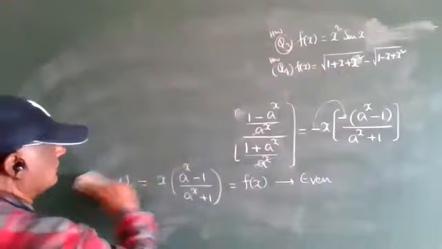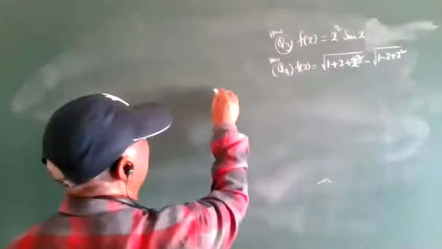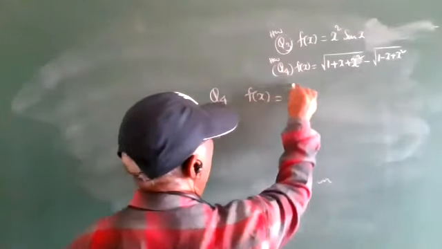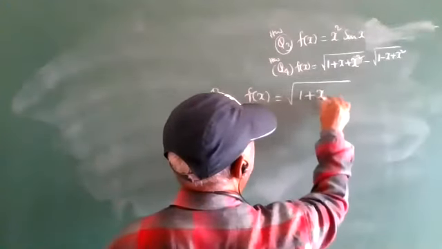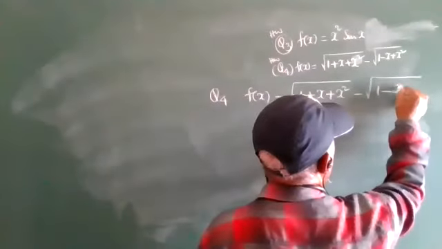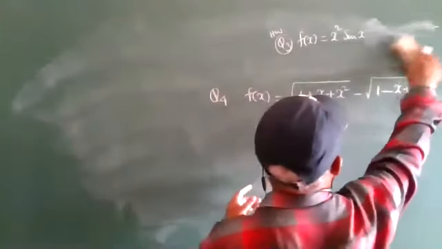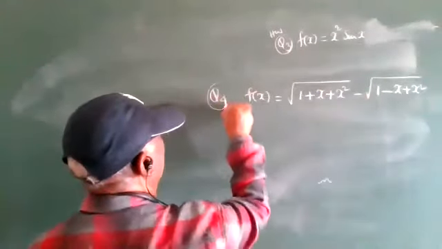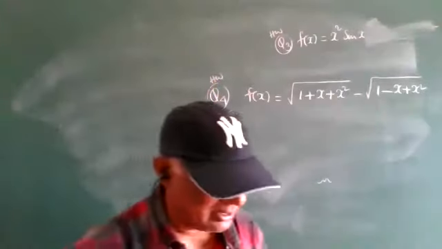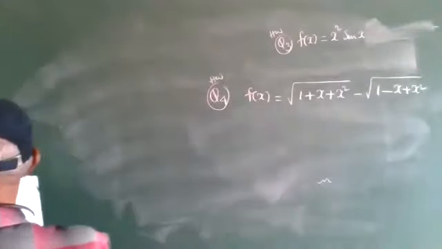Right, see everyone, the theoretical problem. Is the fourth question clear now? The fourth question is f of x is equal to root over (1 plus x square) minus root over (1 minus x plus x square). That is the fourth question, a homework. The third question is also homework. Okay? Right, I will go through the theoretical problems. Everyone write down.